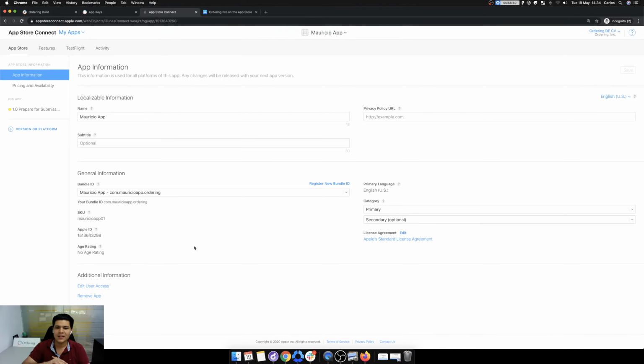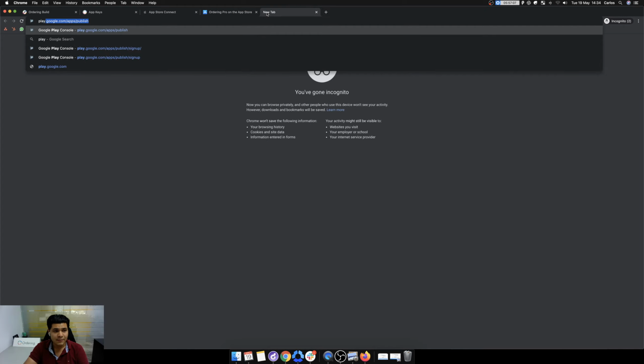That's basically it. It won't affect the way your app works or anything like that. You can put it as differences app 01 or anything. It's just for you to know how you want to identify it. For Google Play it's the same.